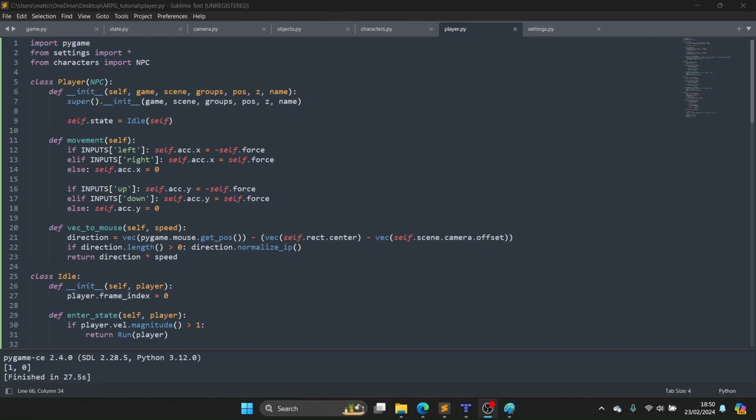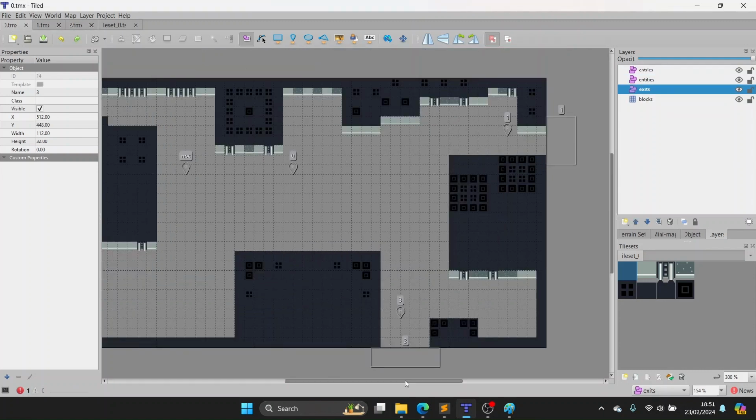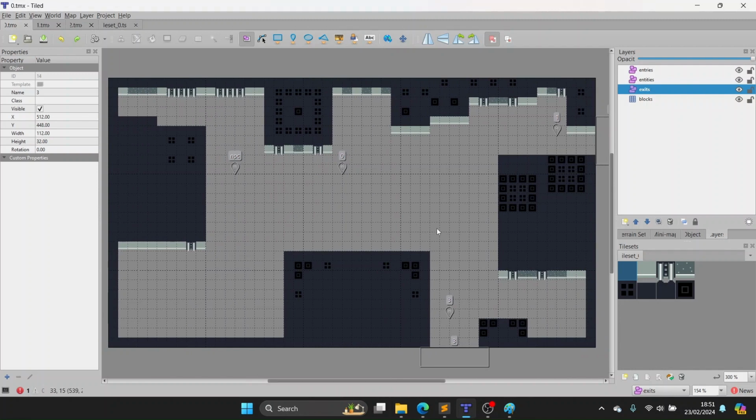Okay, hello. Picking up where we left off, we're going to now start the room transitions. So in my Tiled software, I've just changed the level layouts a bit. If you look up here, I've got two more levels, or rooms, as we can call them. So this is the first one, which was a bit familiar. I've added exit points here,